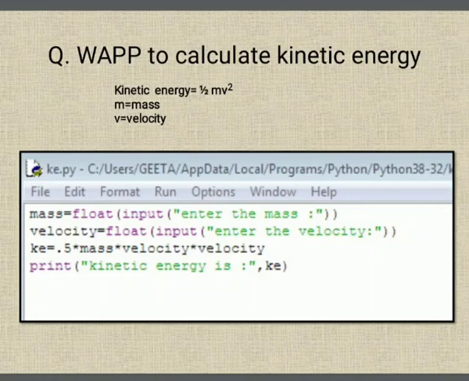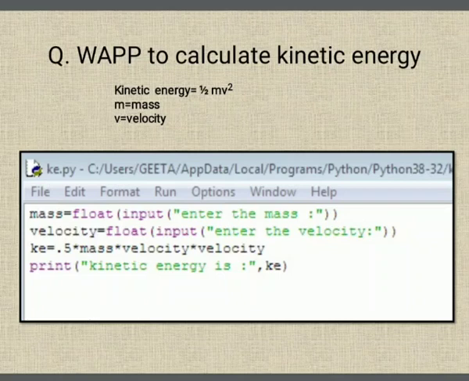Can I use m and v instead of mass and velocity? Do we have the right to change the name of the variables? Yes, we can. Instead of mass, I can use m. Instead of velocity, I can use v. So variables are identifiers which we create. So names are up to us, but just remember the rules which we have done, but it should be readable also.